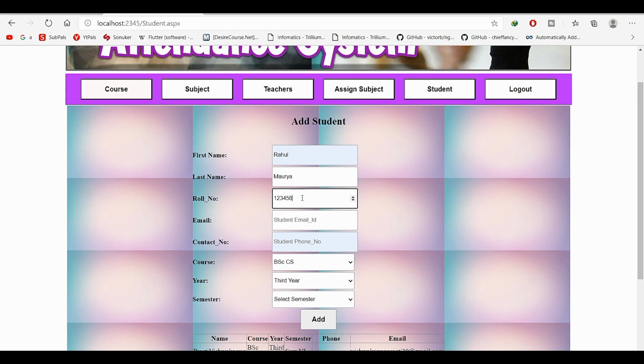In this roll number text box, if you try to enter alphabets, it is not going to take them. I am pressing the alphabet keys, and it's not entering here. It will take only numbers.